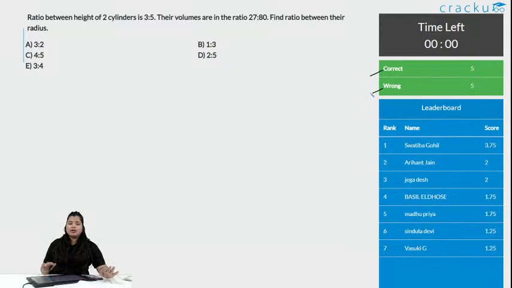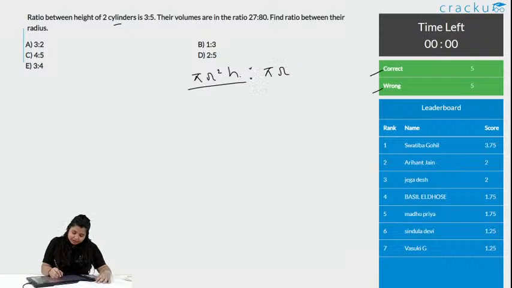Again, as I said, the only thing you need to know for this is volume of cylinder. What is volume of cylinder? It is pi r square h. We have already done this, right? The first thing it is saying, the ratio of volume of cylinder is, that means it forms this for the 2 cylinders, height is 1 and 2 as the heights are different, and even we need to find the ratio of radius, that means radius is also different. So I am just marking it as 1 and 2.